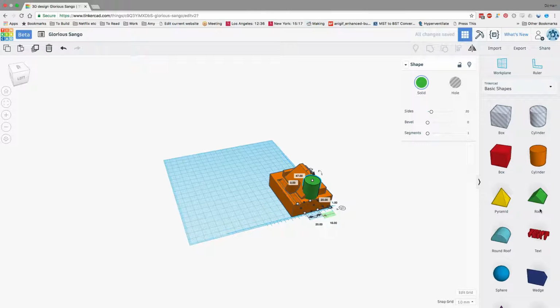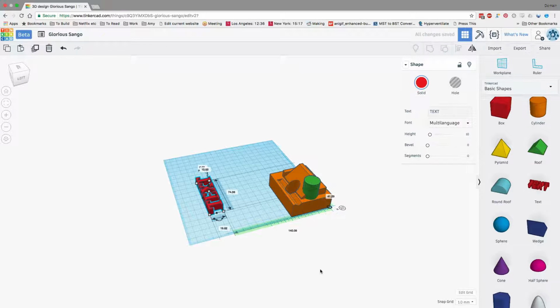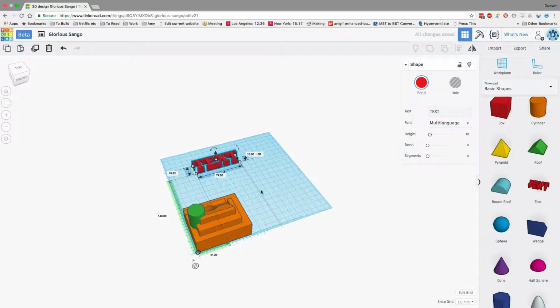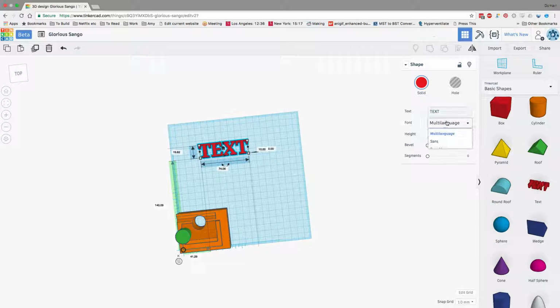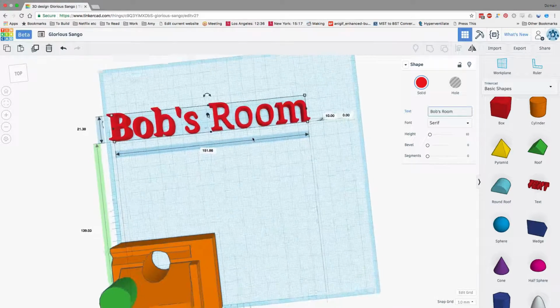Let's have a look at some more shapes down here. So this text is your really basic text, right? It's able to have these different fonts of serif and sans and mono. Let's choose serif, and you can change the text. So this is how you can make things like name signs. So you create a name sign very quickly, very easily,